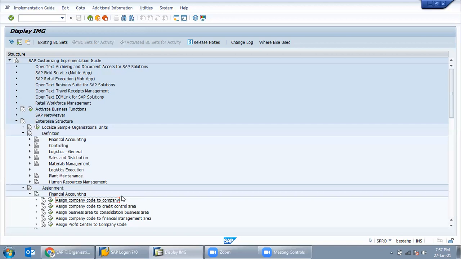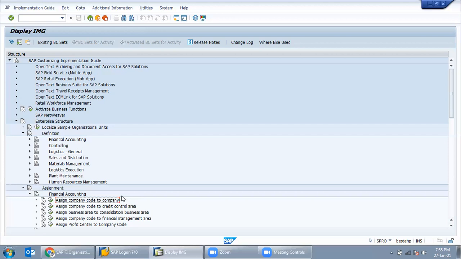Now the question is, why are you doing all this under finance, like FI? Why aren't we directly going to the section that is there? Good question, exactly. The first structure of SAP should be built by FI guys. FI guys will create the company and company code and hand it over to the other guys. Then what will they do? They create the plant, create the storage location.